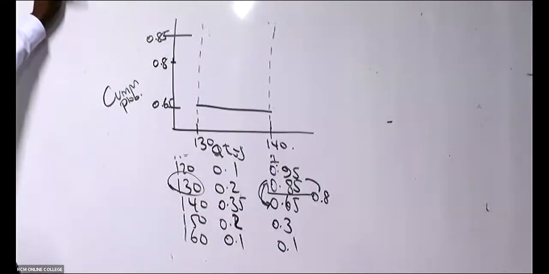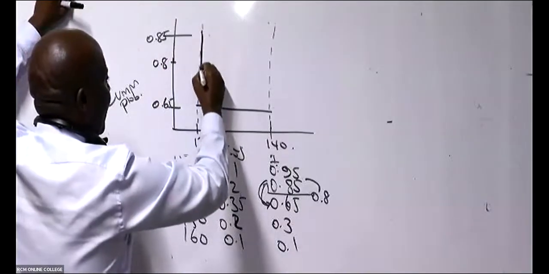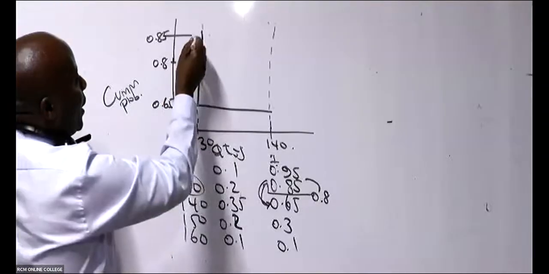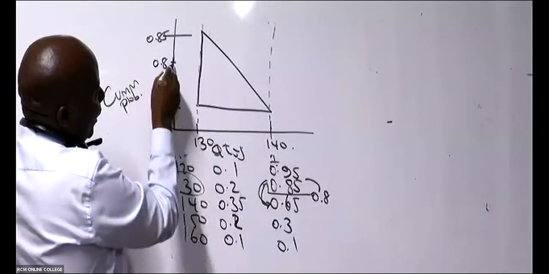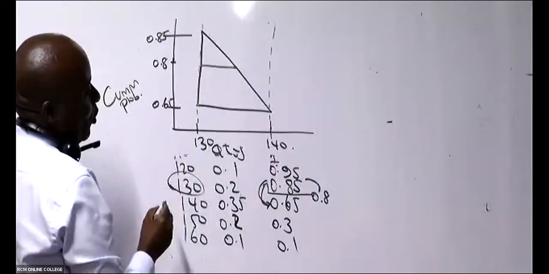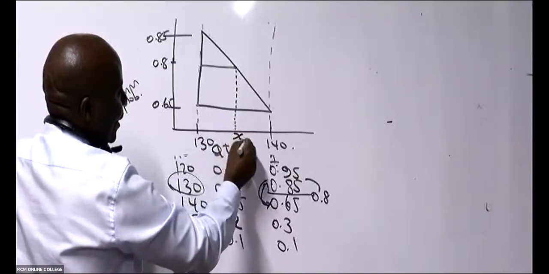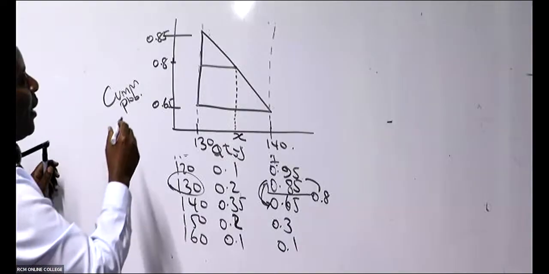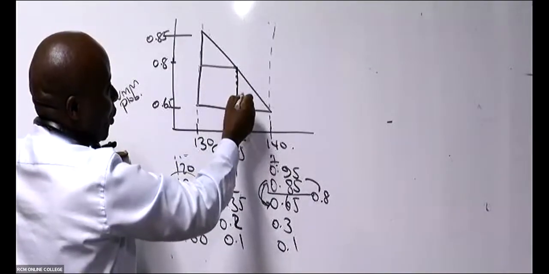Let me see. Great. So let me just complete this. Yeah, similar triangles. I'll be able to drop this as a triangle, 90 degrees up to there, and then I have another base at 0.8 here. And then this, I'll be able to drop this down up to X. Like that. So I don't know X.